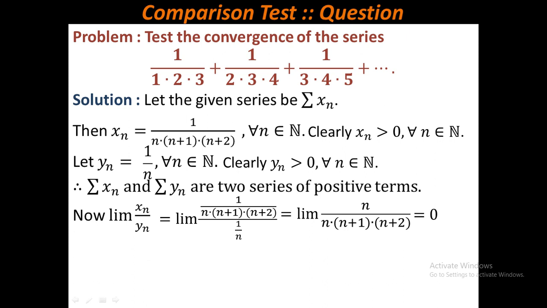Okay, so when the limit is 0, it means the denominator is smaller and the numerator is larger. That means when xn is convergent, then yn is divergent. Sorry, this is the larger series, xn is the larger series. That is, when xn is convergent, then yn is convergent. When yn is divergent,